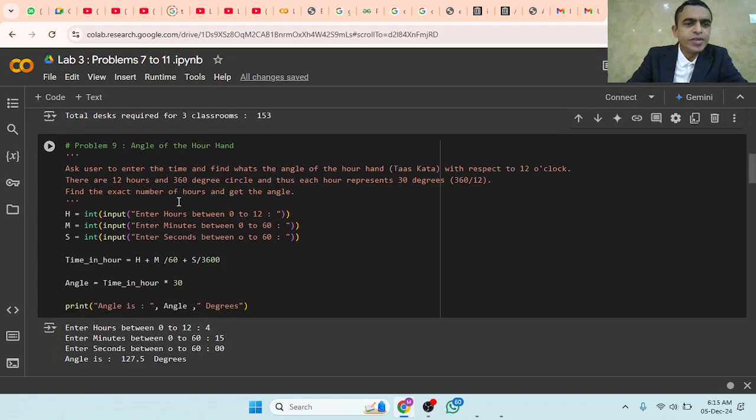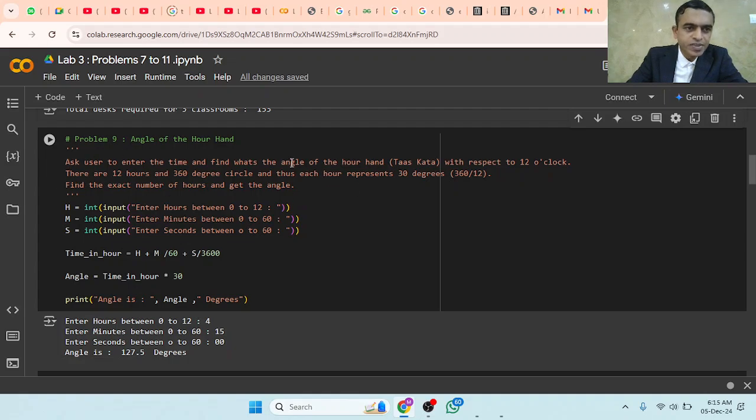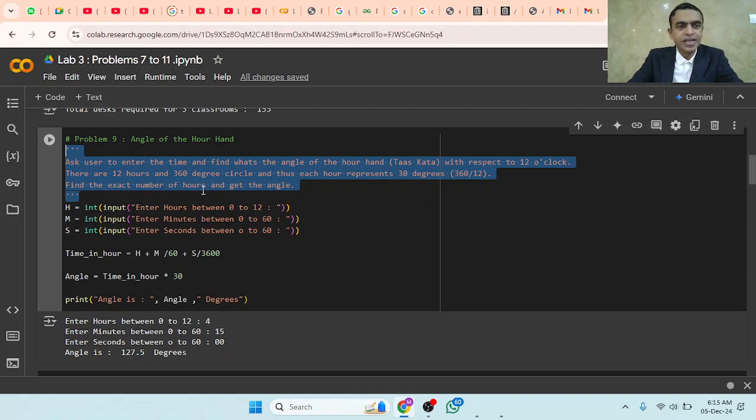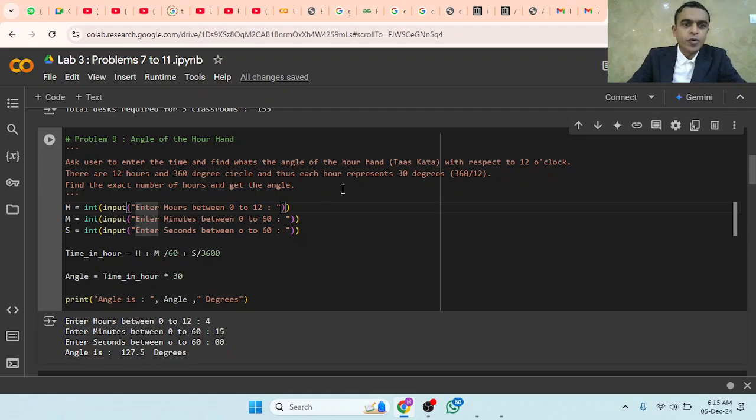Now what this problem is, look at the statement here. The point here is this is called a one line comment and this is called a multi-line comment. Yes, this is a multi-line comment. Now what we are going to do is ask the user what is the time, and the user will say now it is 6 o'clock 15 minutes and a few seconds, and for this time the